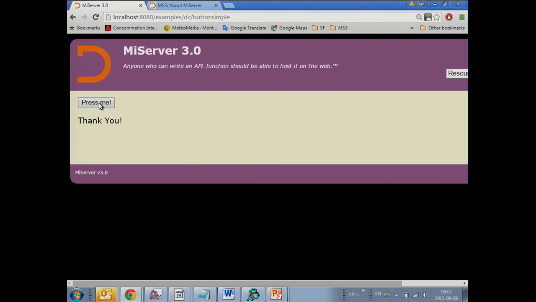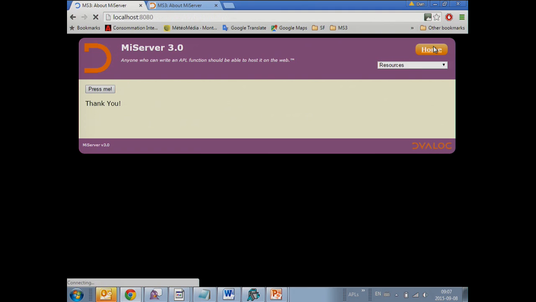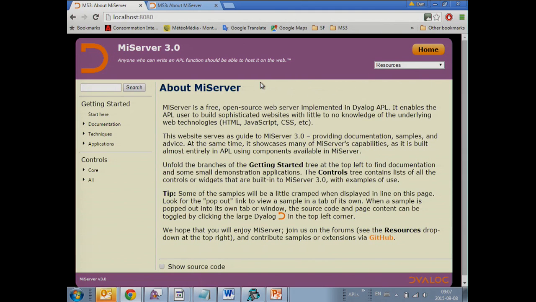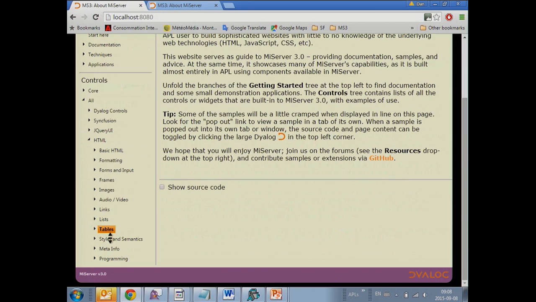So I'm going to show you now some other examples. This is what the MiServer 3 example page looks like. So you have all the information about MiServer itself. You have the sections on the left. We have a list of controls over here. They're divided into Dyalog controls, Syncfusion controls, jQuery controls, and basic HTML controls. So for example, if I pick tables,